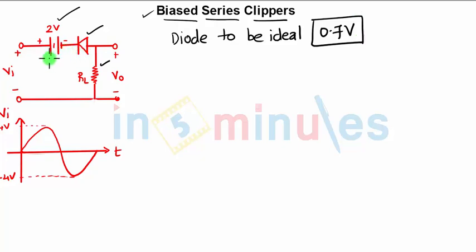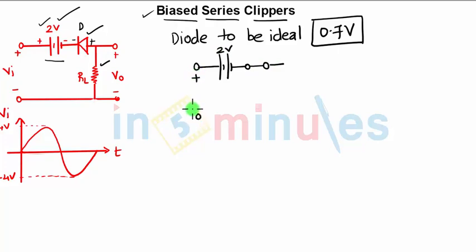So now we look at the circuit. This bias voltage is 2 volts. The negative part of the voltage source is connected to the negative of the diode and the positive is connected to the positive. That means this 2 volt supply is forward biasing the diode, say D. Since it is forward biasing, how will the circuit look when we apply the input voltage source? The diode will be short circuited because of this 2 volt battery. It is short circuiting the diode.